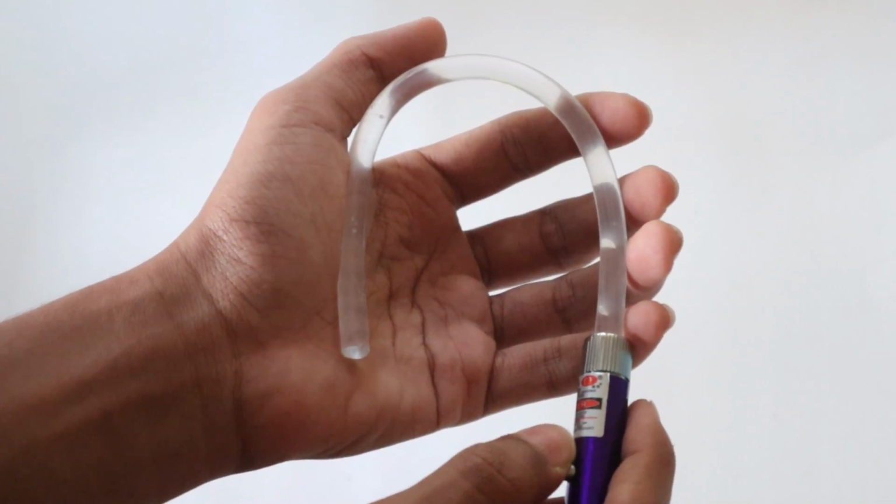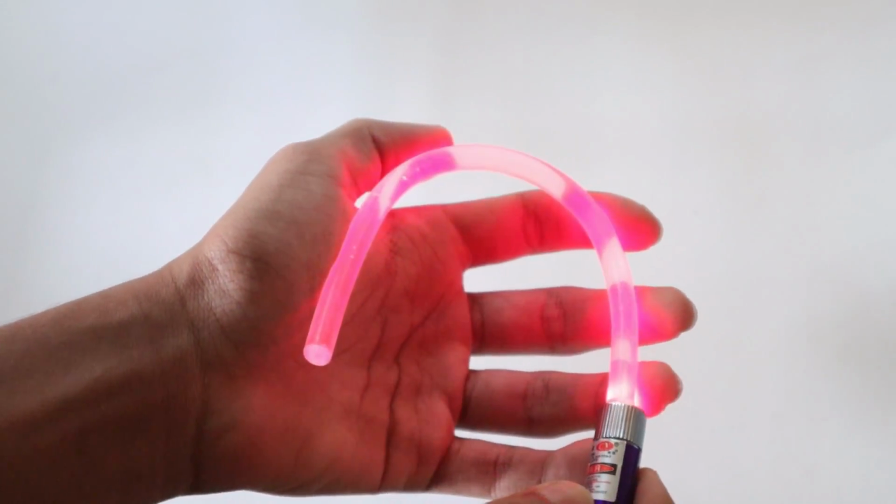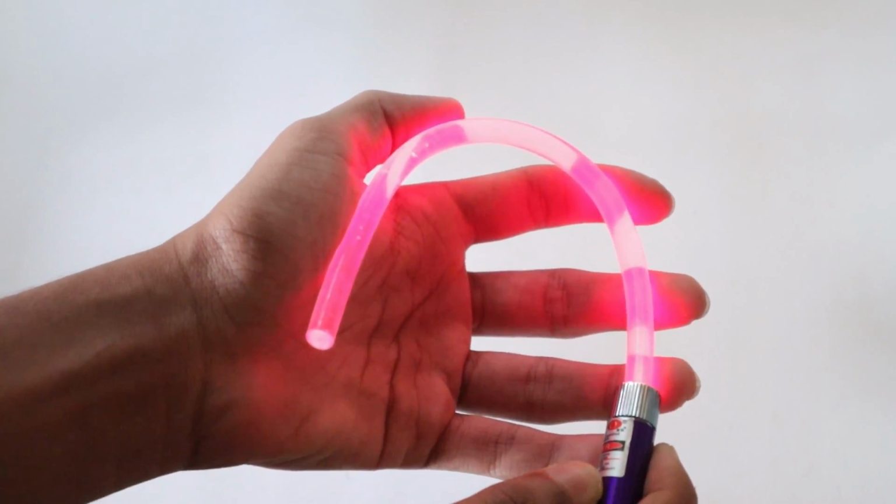So let's see. 3, 2, 1. See, the whole thing is lit. Anyone can try it at home, and it's an amazing experiment. See,